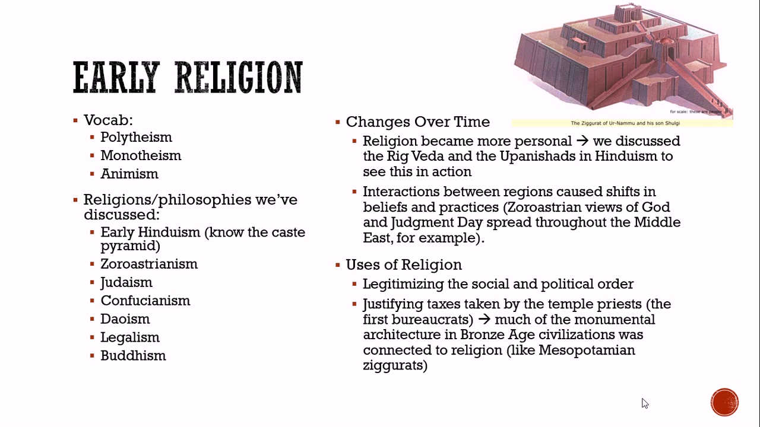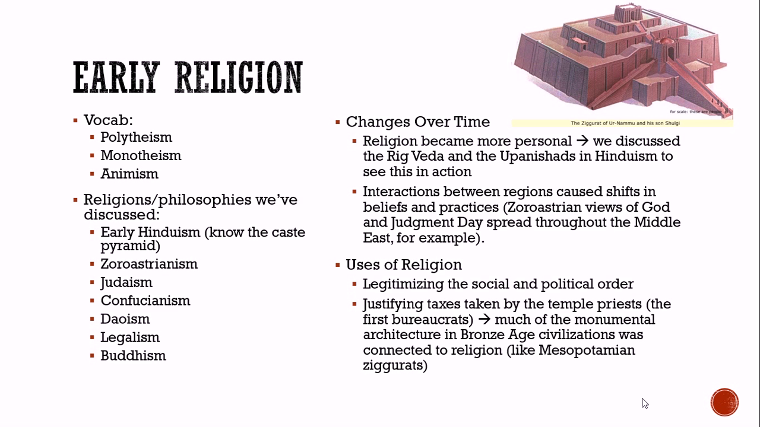The final topic that we really covered is early religion. We have a few key words that we need to know, the definitions to animism, monotheism, polytheism. Those are very important. And we talked at least a little bit about each of the following early religions. Hinduism, and we have quite a bit of detail that we need to know about Hinduism, including the caste pyramid